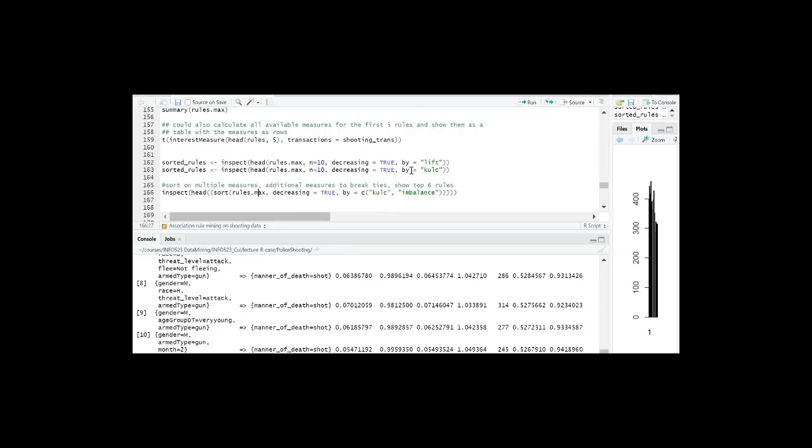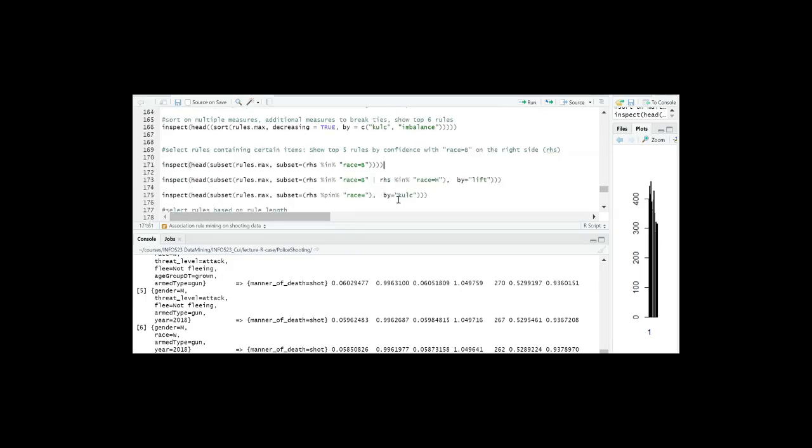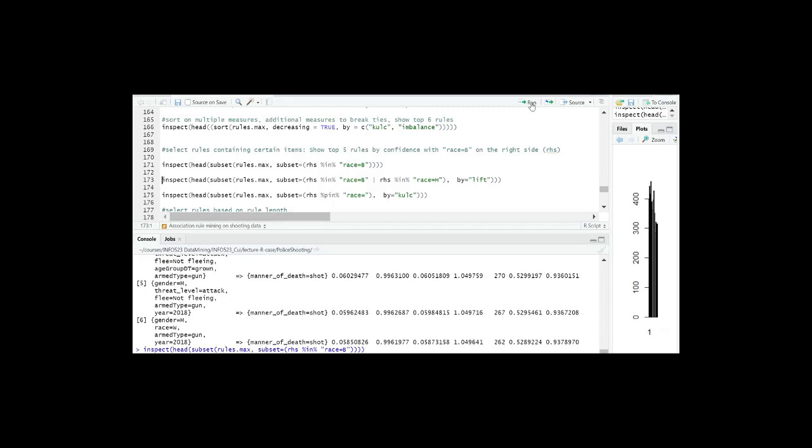And additionally, you can use multiple criteria to order the rules and to inspect those rules. Some other ways that we can check the rules, for example, we can find the rules with the right hand side containing race equals B. Let's try that.